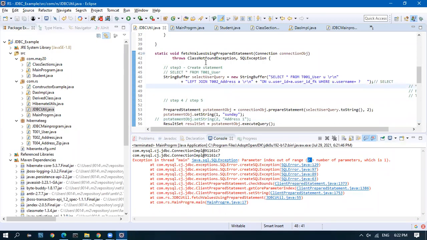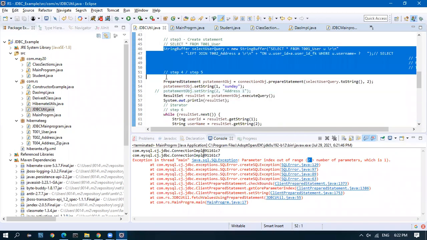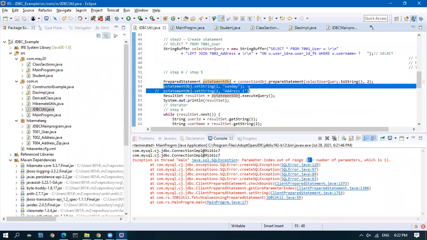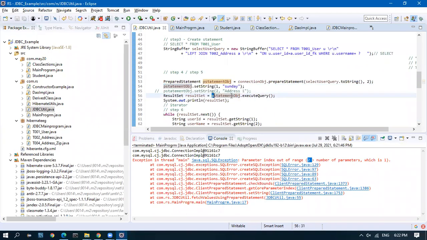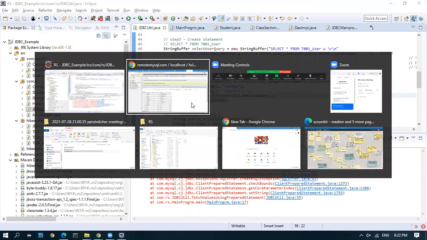And then you execute the query. Execute query is the line which is going to send the query to the database. So far, we are just forming it. This will not send. We are just setting it in the query. When we call execute query, the control will go to the database and we will get the result, whatever we saw here.